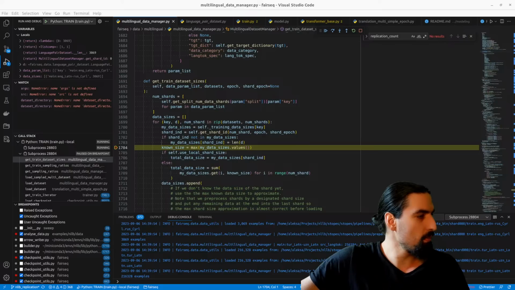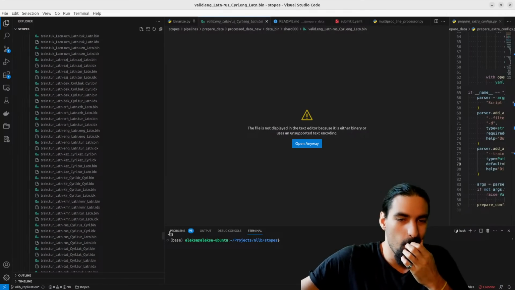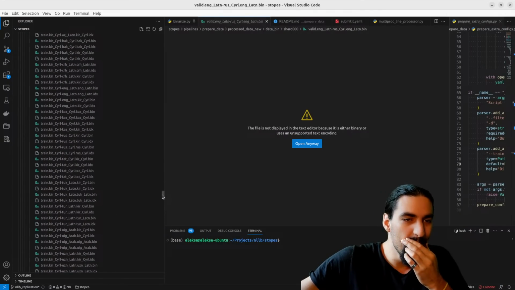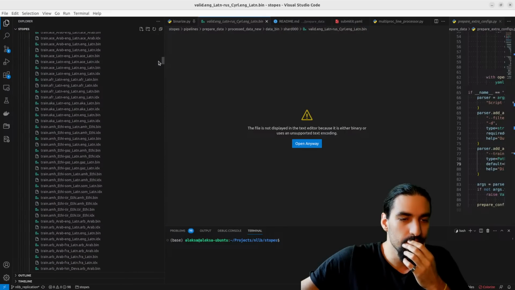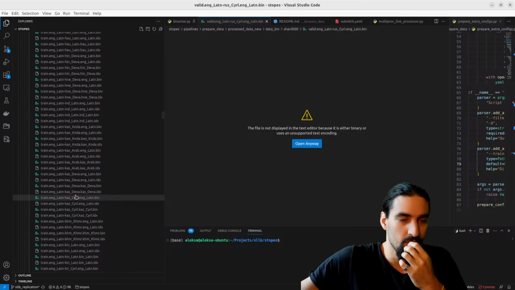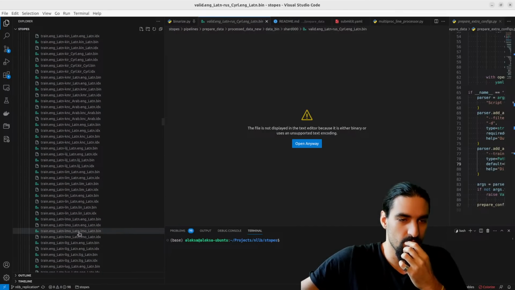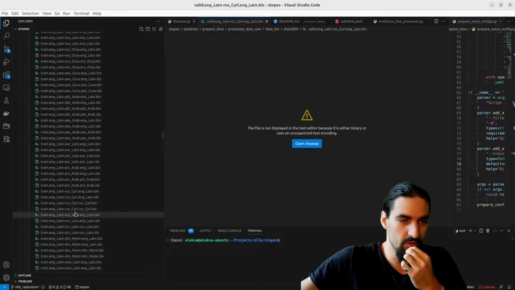If we open up the shard, let's open up Stopes. Let's find English Latin, Russian Cyrillic. Here it is.